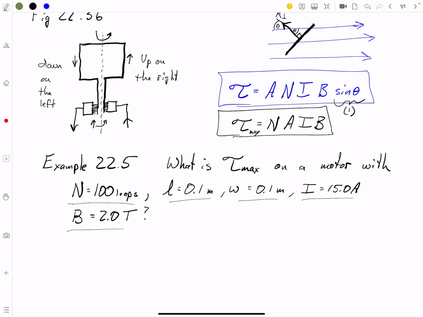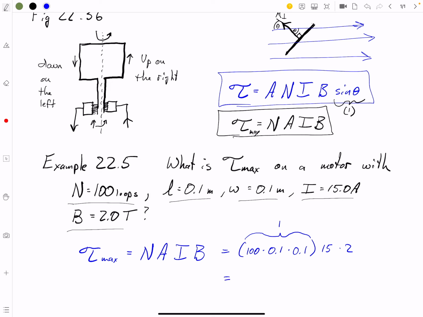So torque max is equal to our number of loops times our area times our I times our B. And that's going to give us 100 times 0.1 times 0.1 times 15 times 2. This is equal to 1.5 times 2 is 30. So we have 30